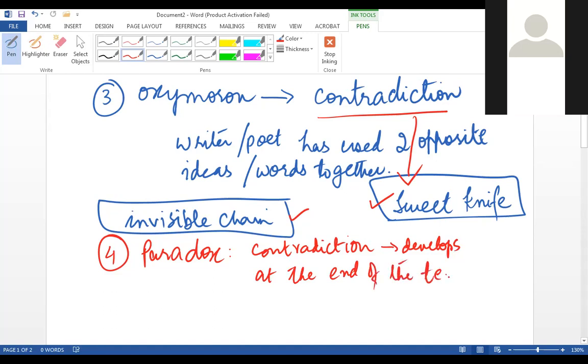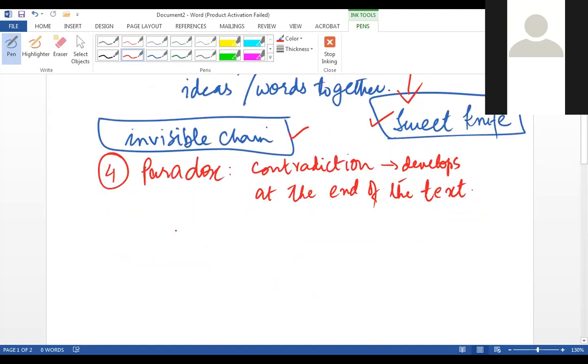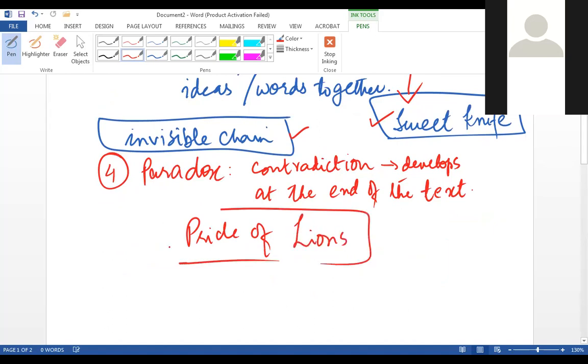So, for example, at the beginning of the text, he said something else, and then the idea is completely emphasized later. There is a poem called The Pride of Lions, and you will be doing it also gradually. In this poem, there is a paradox that initially the wife complains and says that I'm unhappy